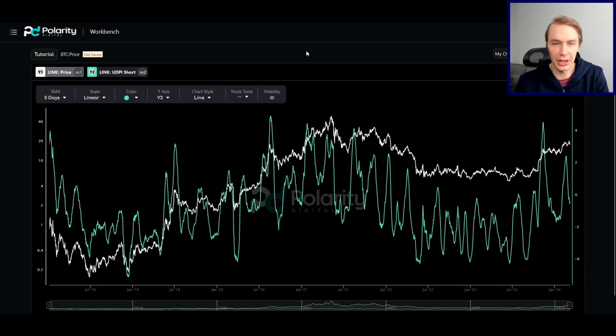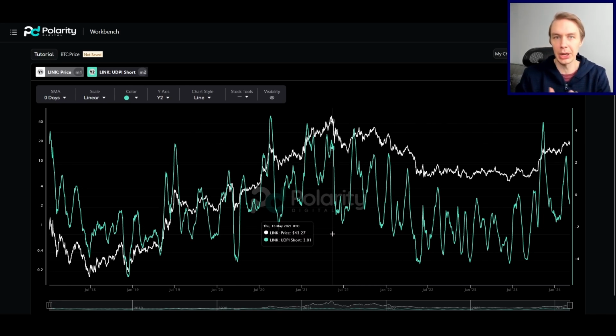So let's go ahead and start talking about some of our models that we have here on the channel. This is our upside downside potential indicator. It's a risk model. The way you read it is that high values mean high risk, and that there's more downside potential than upside potential at that given moment. Low values would be the opposite, where there's low downside potential but quite a bit of upside potential. And this is the short-term version of this model.